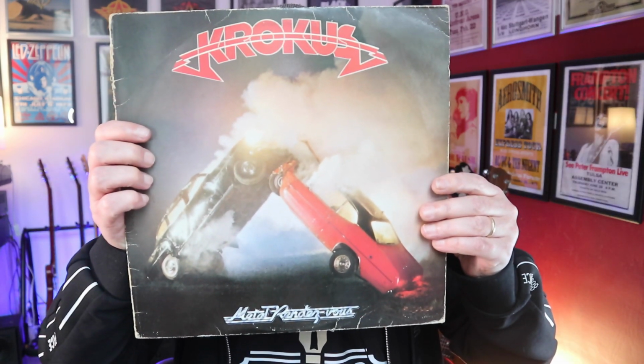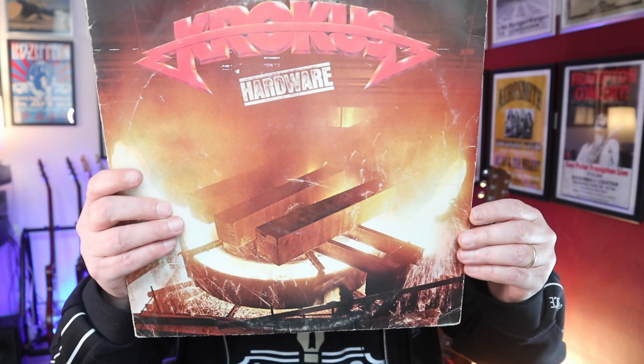Now, is this the best Krokus album in terms of songs and everything? I don't know. Obviously, people will say Metal Rendezvous. You can't fault Metal Rendezvous for being a great album. But some of the songs on it are difficult-ish to play, not as easy as the songs on One Vice at a Time. So that was 1980, and then in 1981 we have